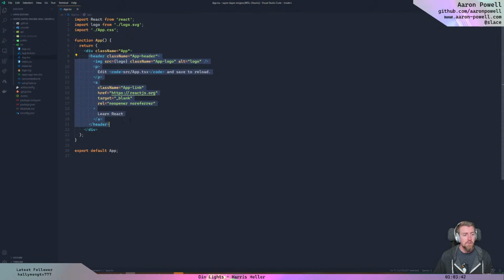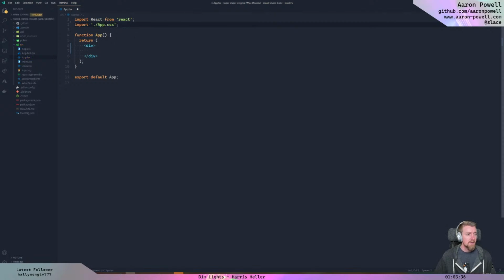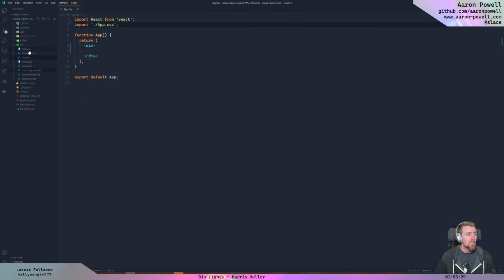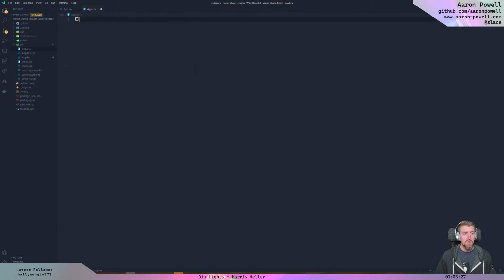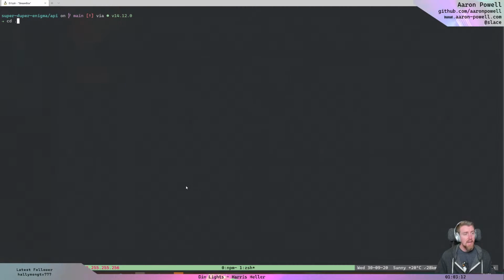So I'm going to delete all of this code. I'm going to delete that class name. I'm going to delete the logo, and delete the logo from disk. And then I am going to delete all the CSS. And we're going to have an ultra basic application, which is going to need a number of different pages and stuff like that. So let's add